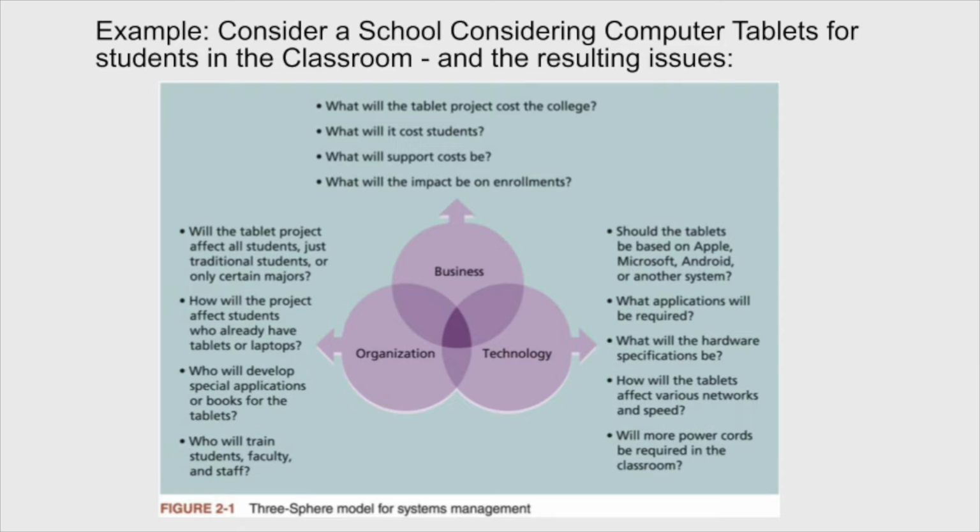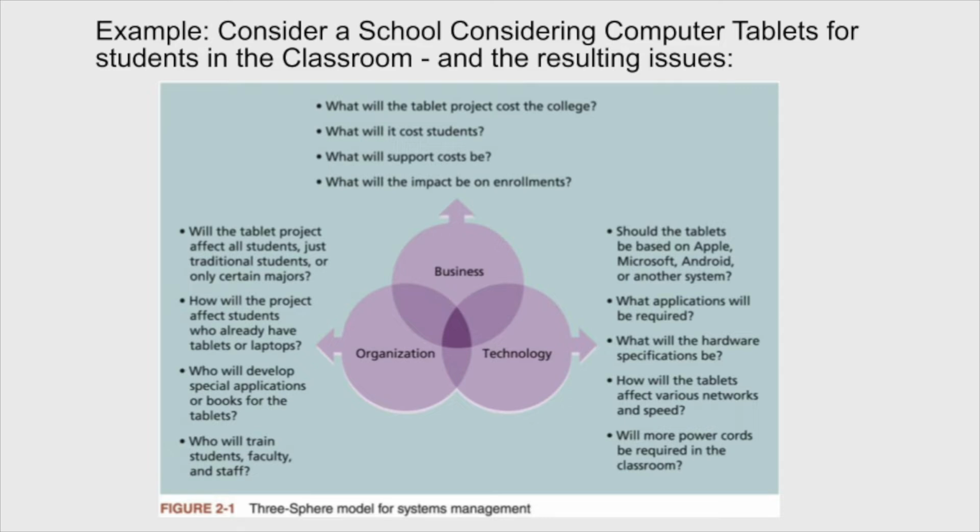Okay, let's assume you're a school and you're considering computer tablets for the school classroom. Now this happened in Newfoundland and Labrador during the COVID crisis, where government said, oh, we're going to shut down schools and we're going to make sure every student gets a Chromebook. Okay, that was kind of where it came from. But there were so many questions asked with regards to how that project would roll out. And this kind of gives an example of the various elements that we really should look at and that government